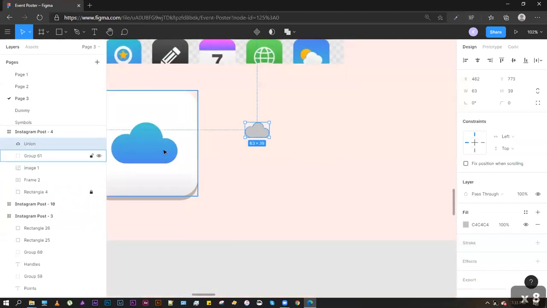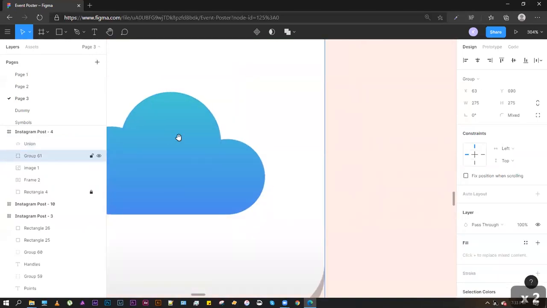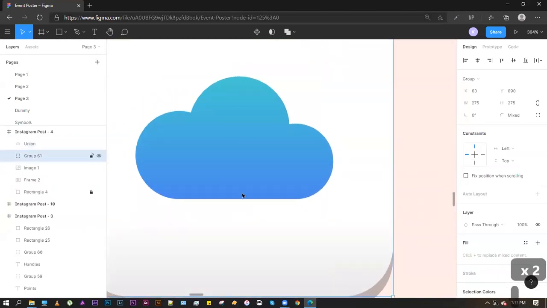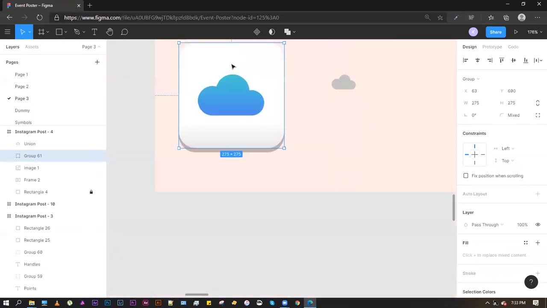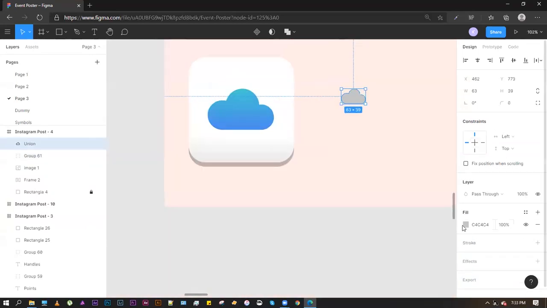And now if I want to give it these colors, you can see that the color on the top is lighter than the color on the bottom. This is called a gradient. A gradient is basically the change in color according to the changing length or the size. So I click on this, and if I give it a fill,